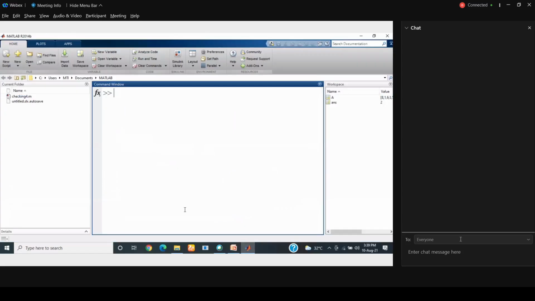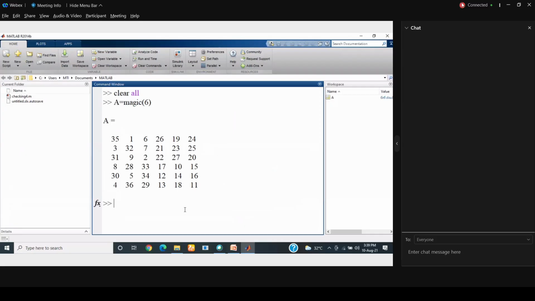So I have A as magic of 6. So I have a 6 by 6 matrix. Now I really don't know the size, for example.